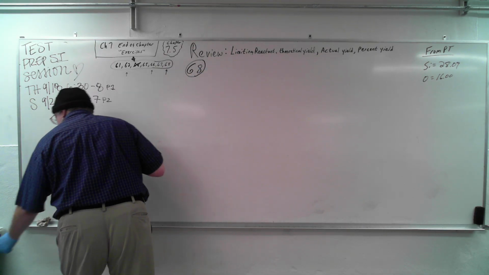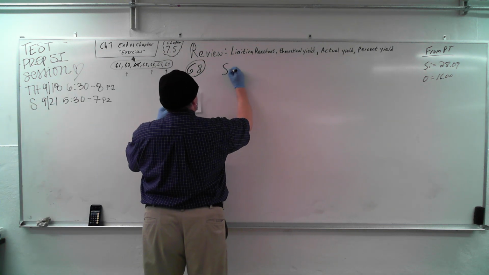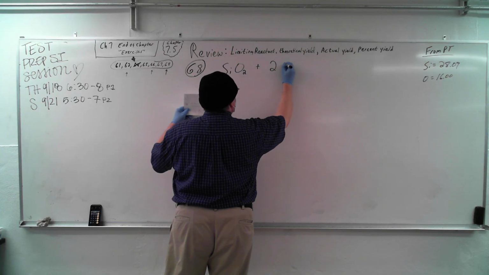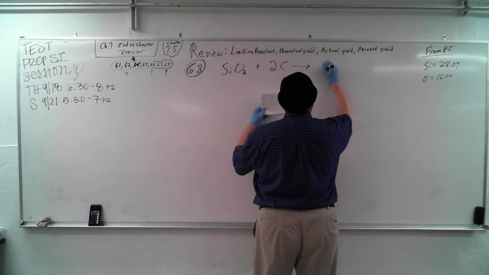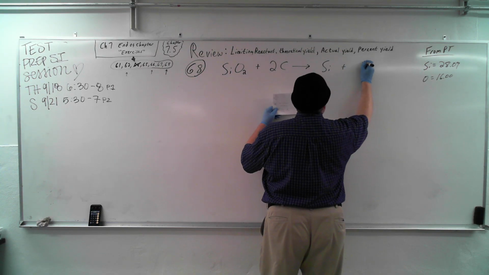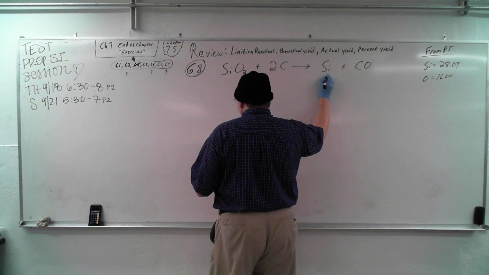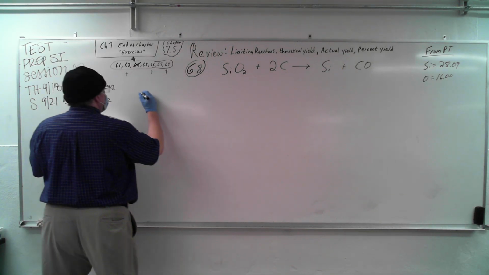Here's what they don't give you, but I wish they did. But they made a word problem out of it, so here's what it comes down to. 2 carbon atoms makes pure silicon plus carbon monoxide. And it refers to this as the product. And it says